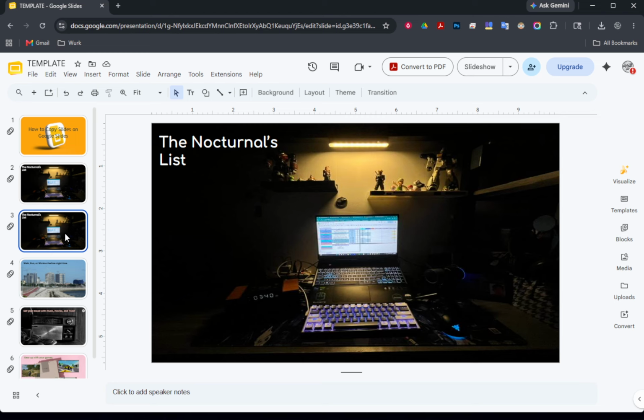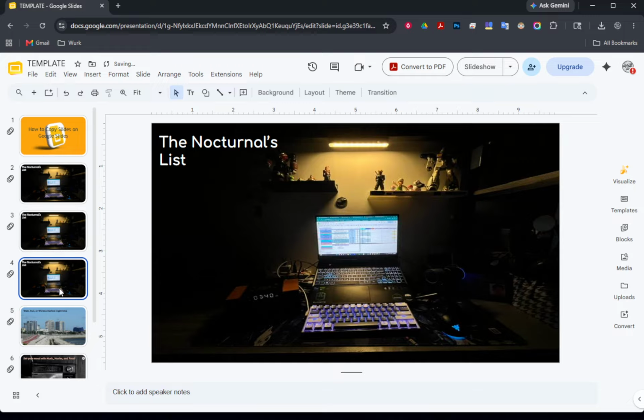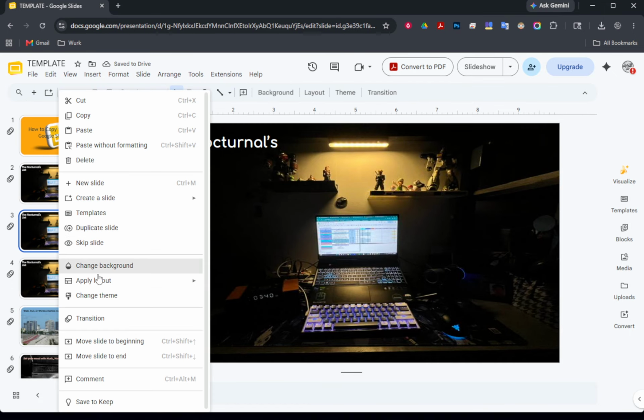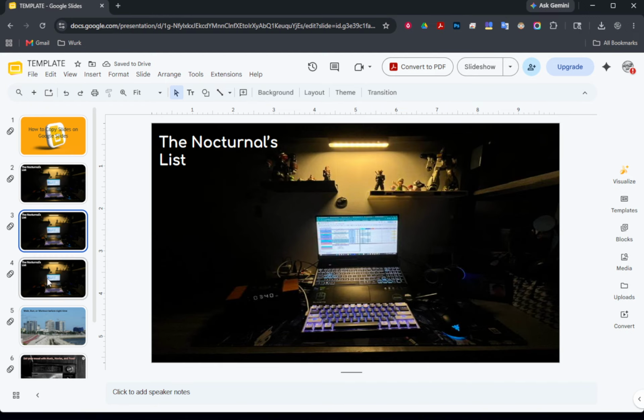Select the slide on the left panel, then use the keyboard shortcut. On Windows or a Chromebook, press Ctrl and D. On a Mac, press Command and D. You'll get the same result as the right-click method, a duplicate slide placed immediately after the one you selected. This is great when you're in a flow and want to create multiple copies in rapid succession without moving your mouse.